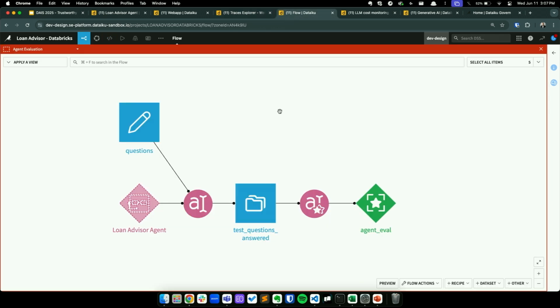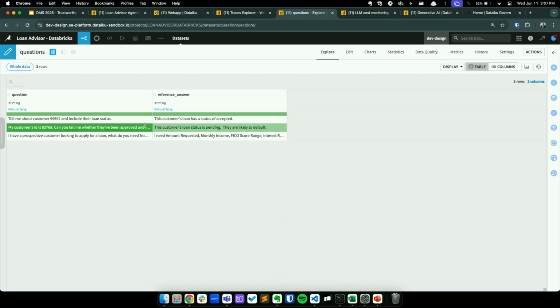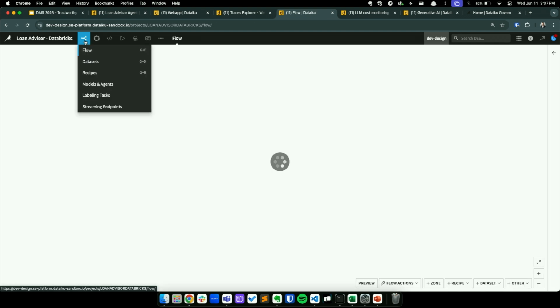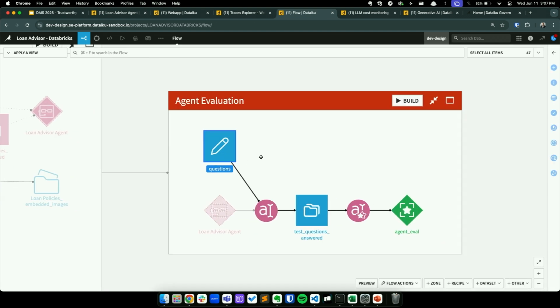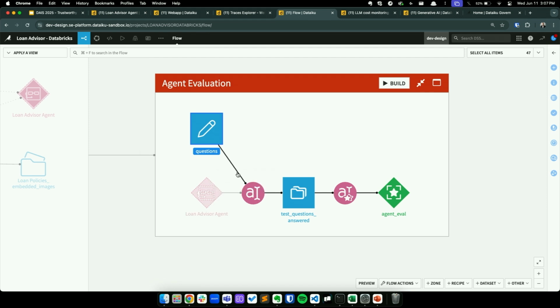Let's talk a little bit about evaluation. So of course, it's great that we have a response from the agent, but how do we know it's correct? Well, one aspect is qualitative, right? It's kind of the vibe of it. Is it doing good or not? But it's better to have a quantitative approach as well. So in Dataiku, what you can do is set up a list of questions here. We have our questions and we have our labeled answers, and you can run it through this agent, which is exactly what we've done here. We have the agent, it's connected to those questions.